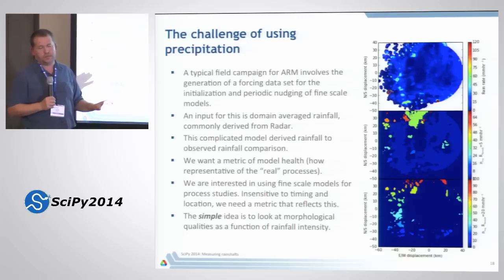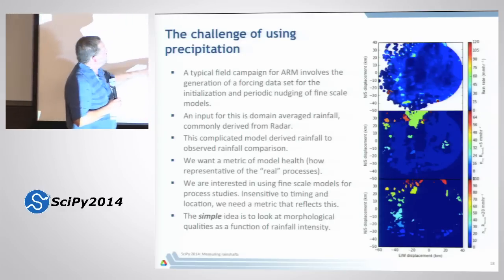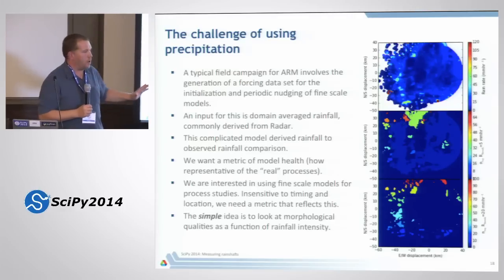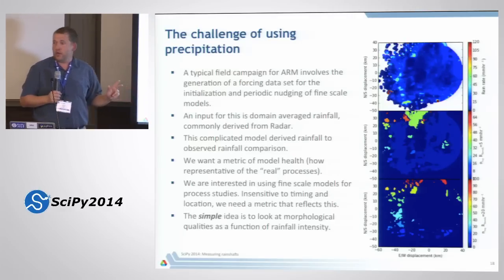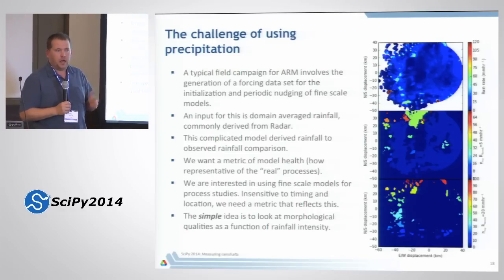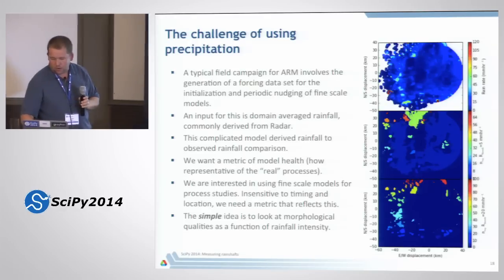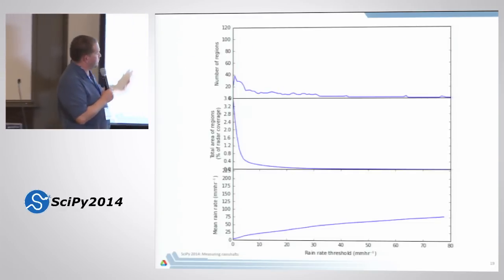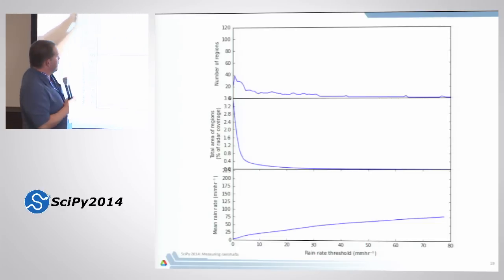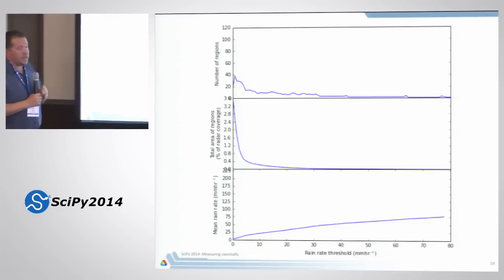And it's really stupidly simple. There are probably much better ways to do this, but this just works very nicely. We take the rainfall field and we set a threshold, let's say 10 millimeters per hour. And then we use ndimage.label to count the number of blobs that have a rainfall rate above that. Then we scan the rainfall rate. And so basically what we end up getting is a plot that shows, as a function of rain rate threshold, how many blobs I have above that threshold, what's the total area above that threshold, and what's their mean rain rate.